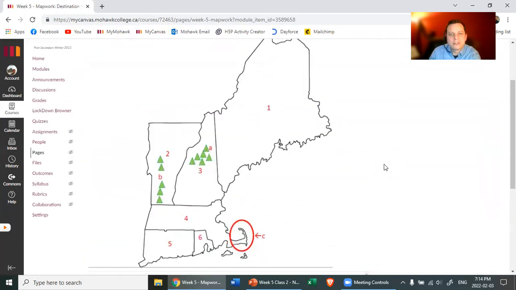That map will be on your module test. But the question might say, on the map, A shows what landform? And then you'll see maybe Cape Cod, White Mountains, Green Mountains, Acadia National Park, for example.